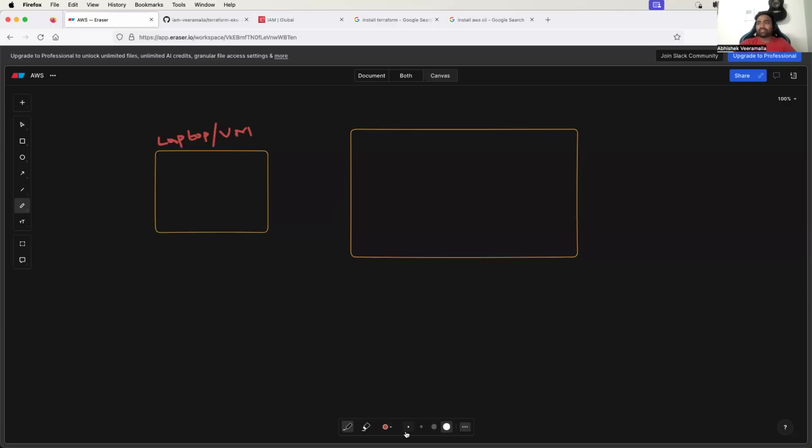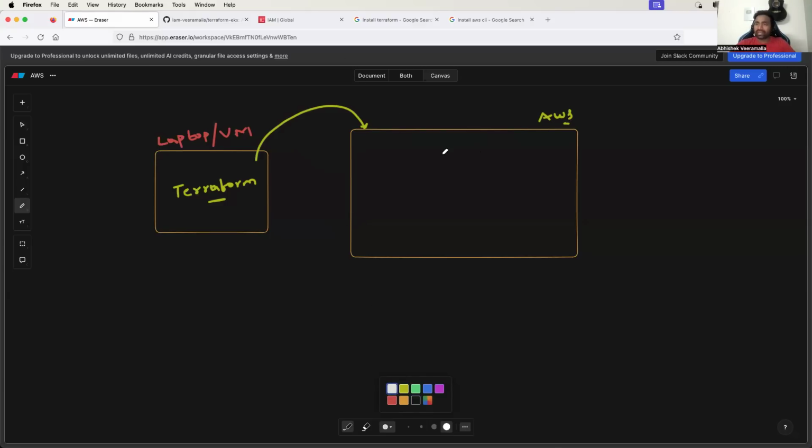Within this virtual machine, the first thing we will do is install Terraform. Once Terraform is installed, we will configure Terraform to connect to your AWS account. And when someone executes the Terraform project, whether it's you or anyone else,